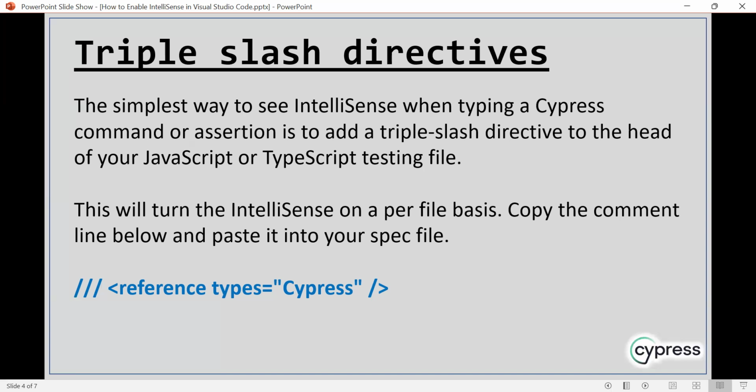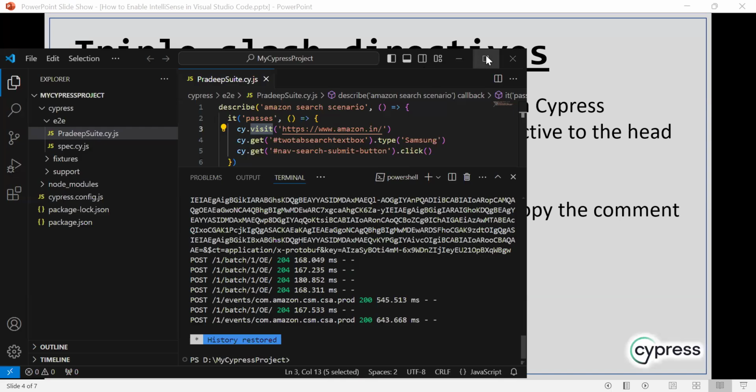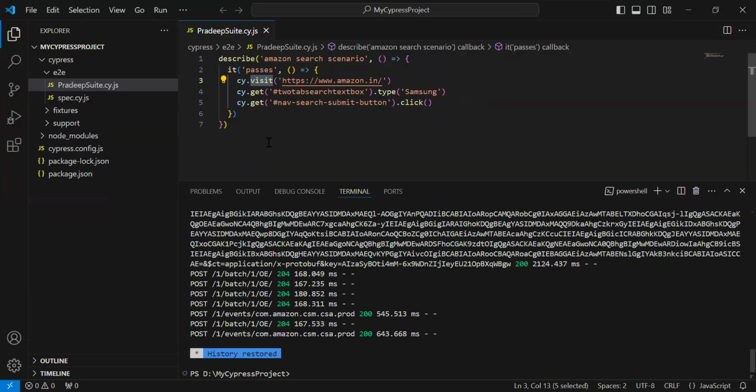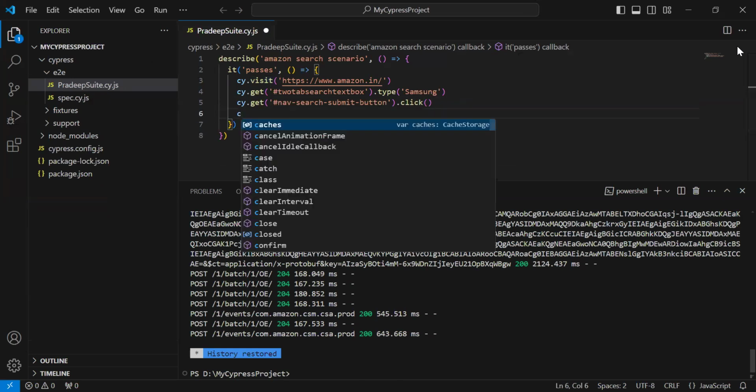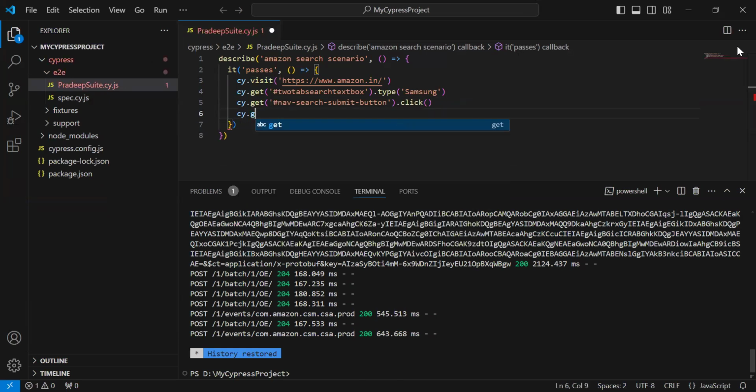So let me show you. Okay, let me show you. For that purpose, I have already opened Visual Studio Code, and here I can show you, first of all, whether you are getting the suggestion or not. So cy dot, and I'm going to put get. Here you can see that I'm not getting any